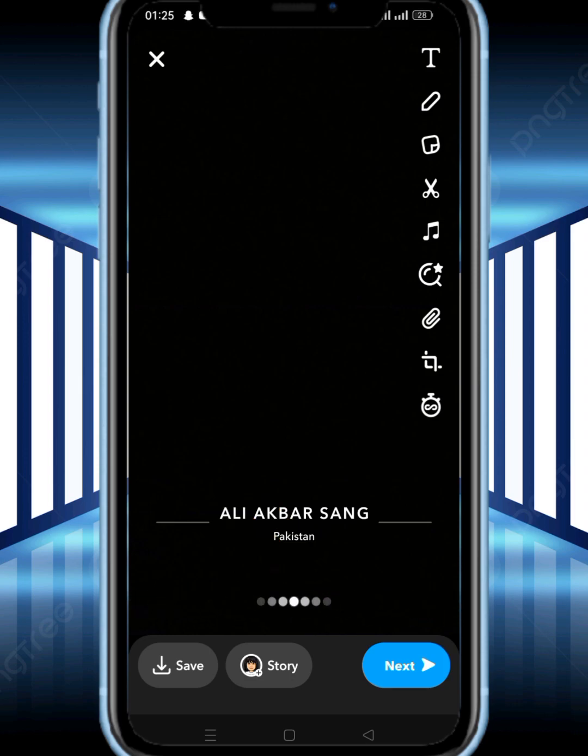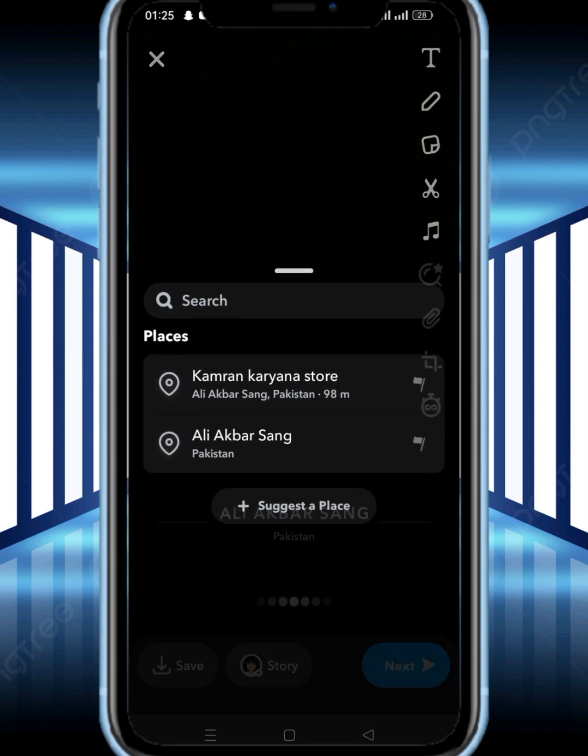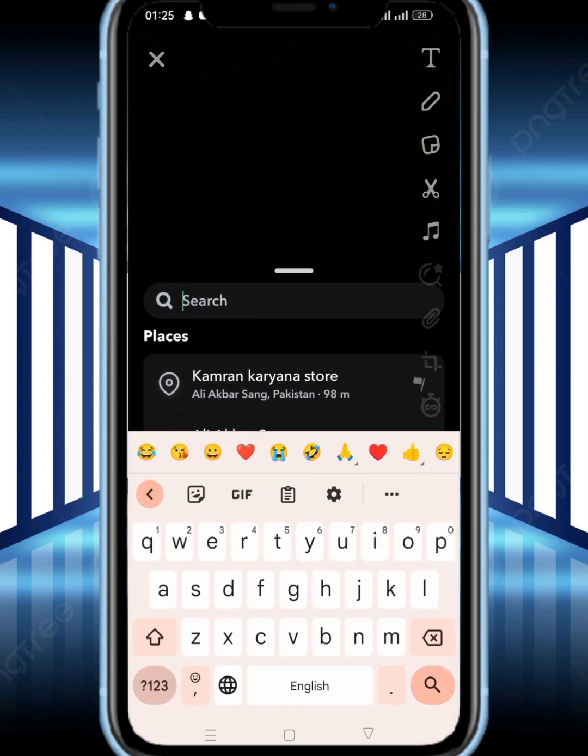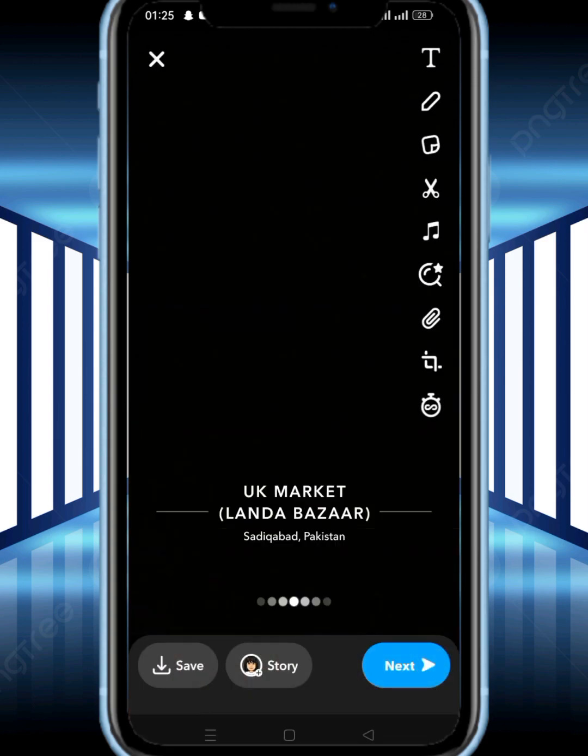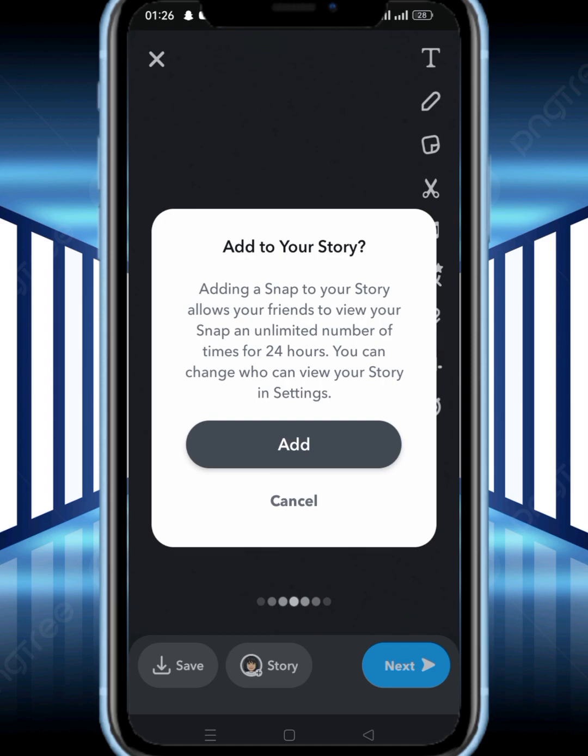As you can see, my location. Tap on your location. From here you search for any one location, like UK. As you can see, I put a different location on my Snapchat, and tap on your story and tap on add,